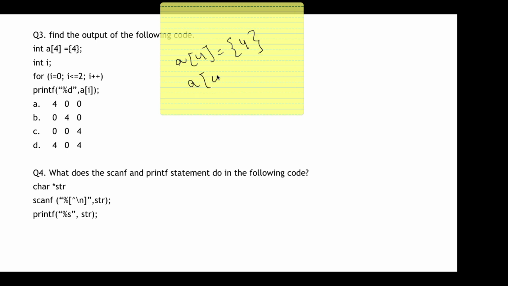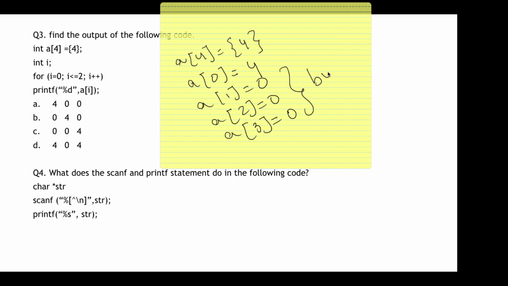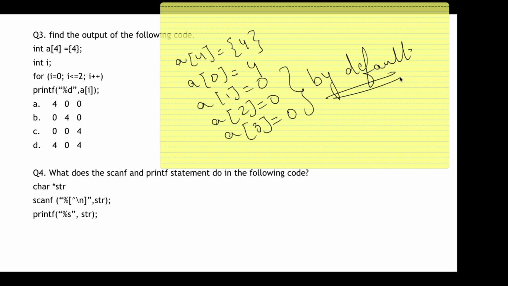That means that A of 0 has the value 4. A of 1 will have the value 0, A of 2 will have the value 0, A of 3 will have the value 0. By default, all the 0 values will be assigned by the compiler if there is no value assigned in the code.